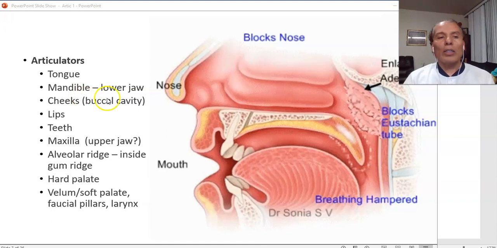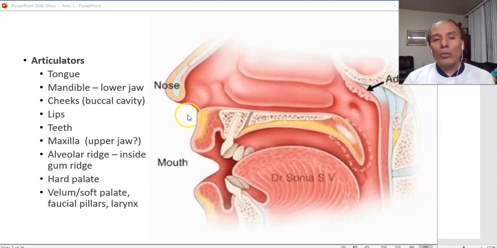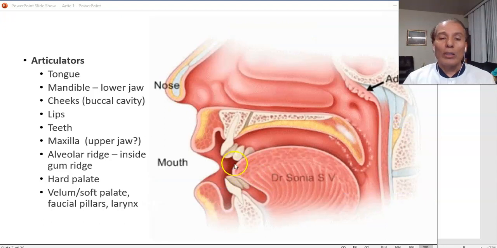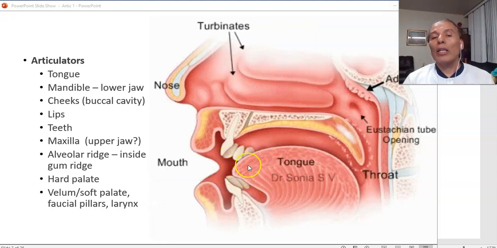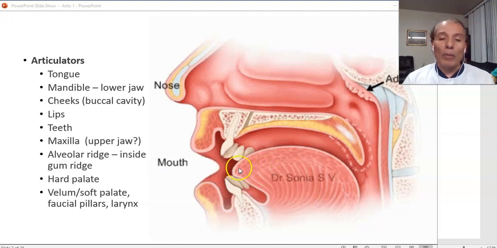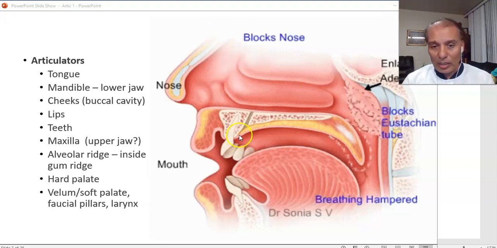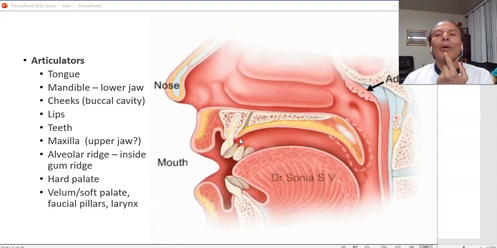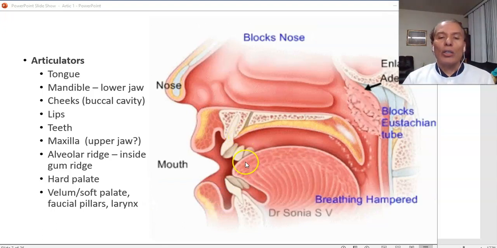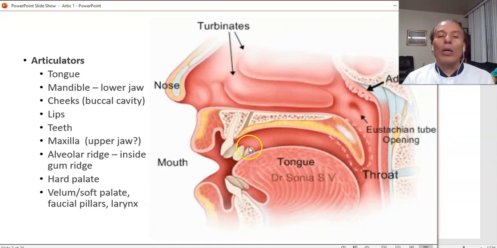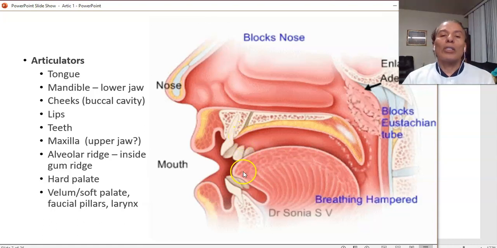So here are the articulators. The first is the tongue. That's the biggest articulator. It modifies the entire vocal tract. The tongue can come between the 2 teeth and make linguadental sounds. The tongue can make contact with the alveolar ridge, that little area behind the 2 big maxillary incisors. A little bump or ridge, we call it the alveolar ridge. So that will make linguaalveolar, or simply alveolar sounds. It can make contact